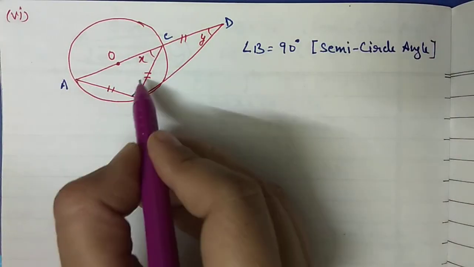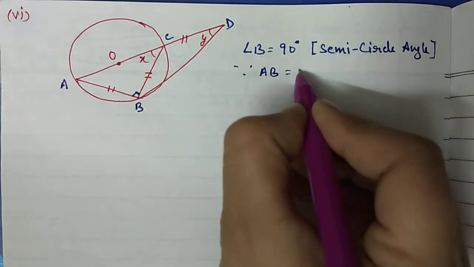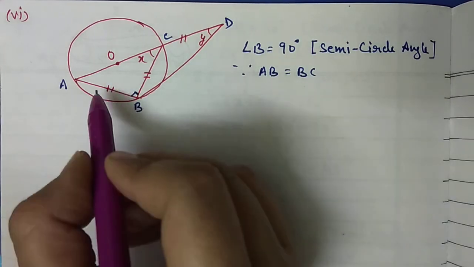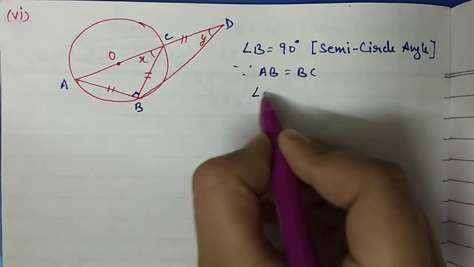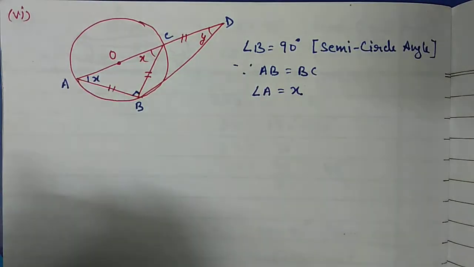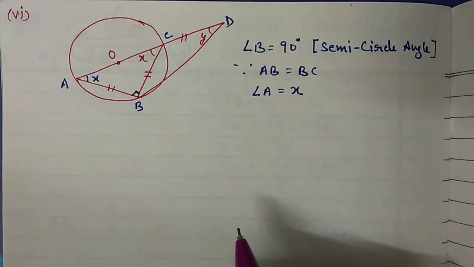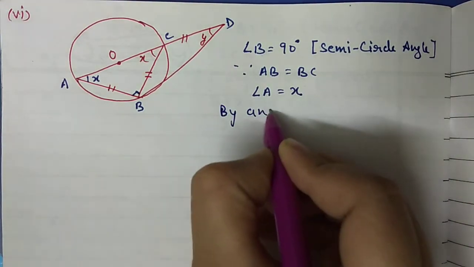Now because these two lines are equal, because AB is equal to BC, their corresponding angles also will be equal. This and this will be equal. So we can say angle A will be x here, and this angle will be x. Now we can use angle sum property in this triangle. So by angle sum property,